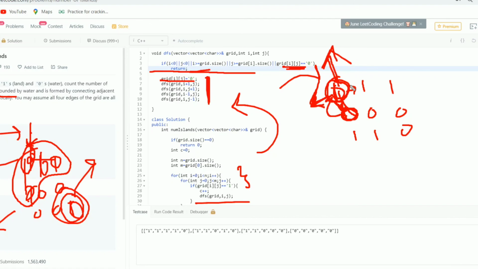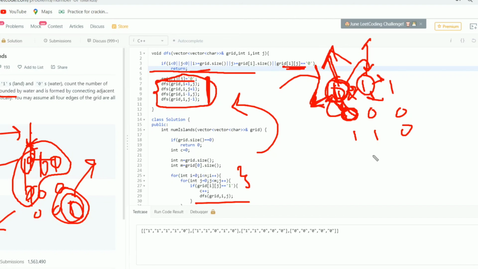Now I'll move in the right direction. If I move in the right direction, I find that it does not hit our base case, so it will move to this location, and again from this there are 4 choices available to us. Again we will move in 4 directions, and this recursive function helps me to move in 4 different directions.